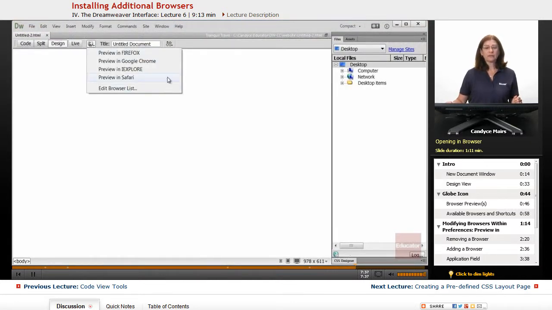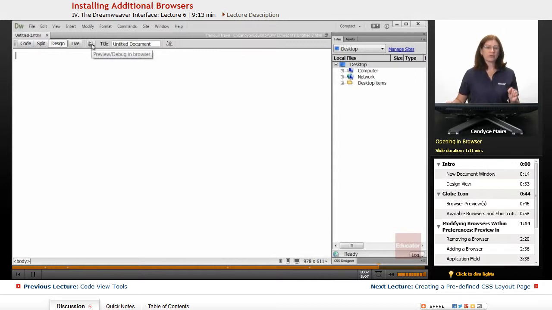And if your shortcuts have been assigned properly, because you went back and clicked the OK button, chose Edit Browser List, and clicked OK, you can go ahead and use the shortcuts that are assigned on the right-hand side. Notice there's only 2 that are assigned a shortcut, so I think you'll find yourself accessing this piece right from this globe. Normally you'll have a page open, and that's the page you want to drop right into the browser.